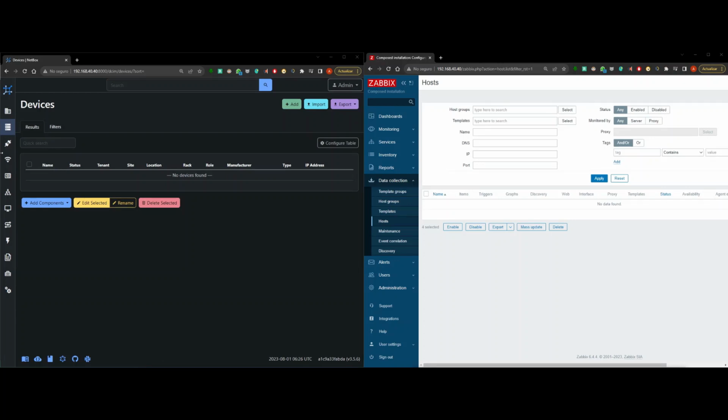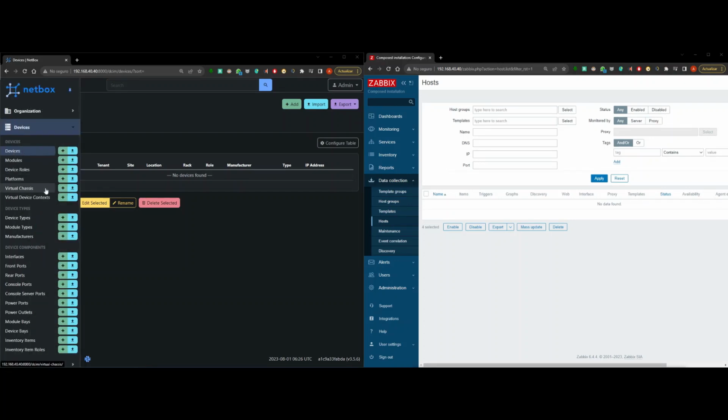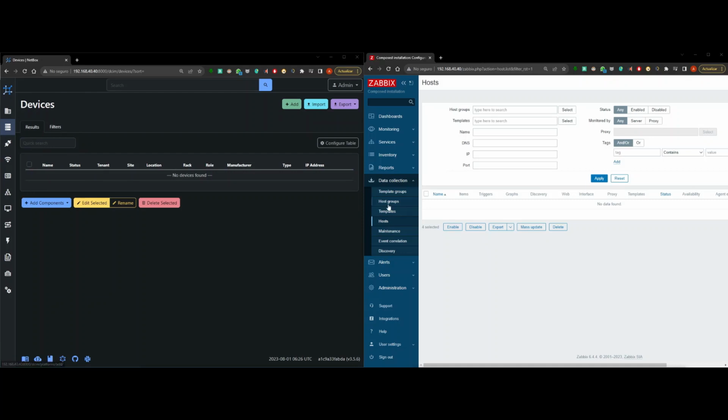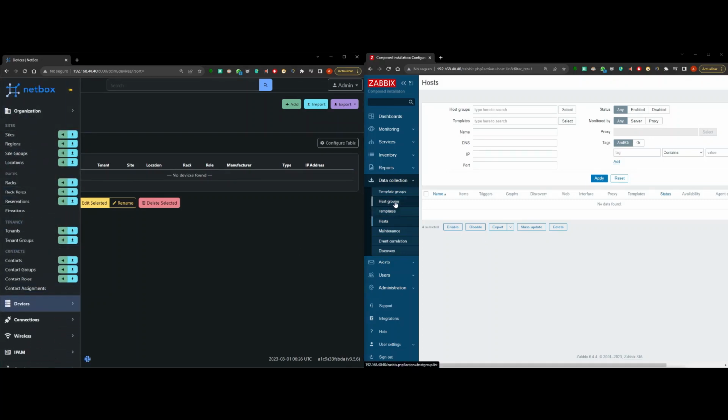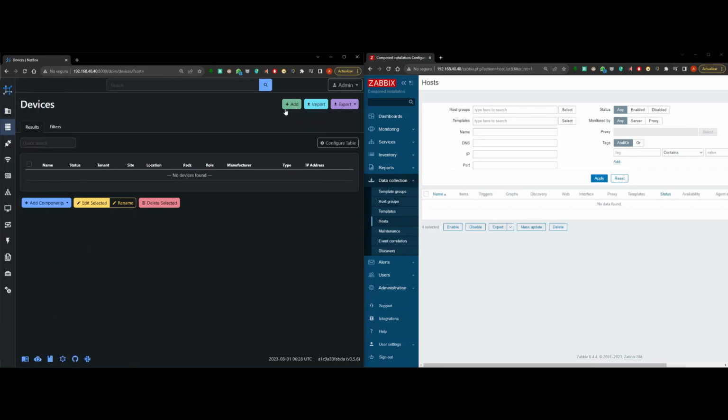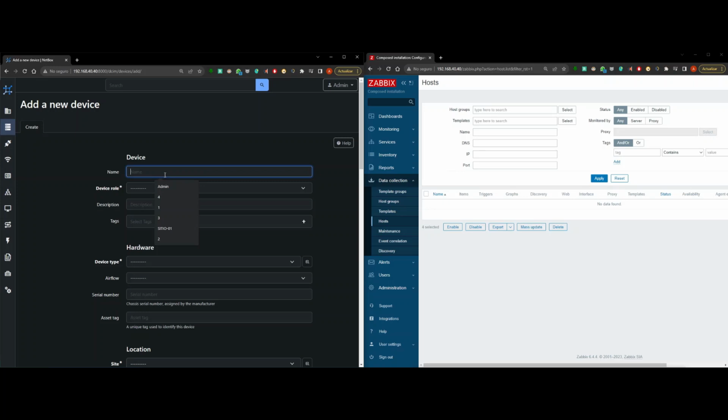Something important we need to know is that here platforms are equal to templates, and also the sites are equal to the host groups of the devices. So now I want to create a device. Let's call it test